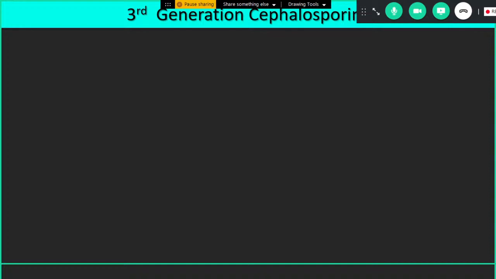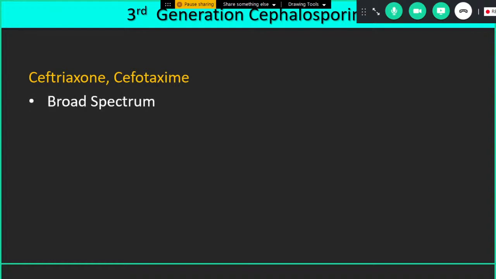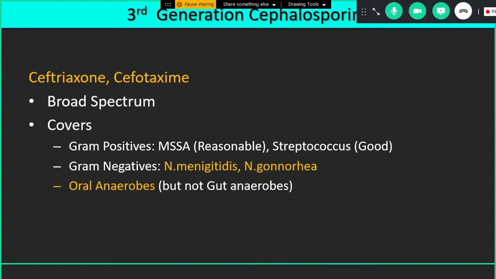Then the third generation, and perhaps the most commonly used drugs are of this third generation. Ceftriaxone and cefotaxime, if you see in our hospital as well as in other hospitals, are among the most commonly used third generation cephalosporins. They have a broad spectrum. That means they will cover the gram positive reasonably well. It's not as good as the first generation, but they have some coverage against Staph aureus and Staphylococcus. But the gram negative coverage has increased from the second generation, and now it includes